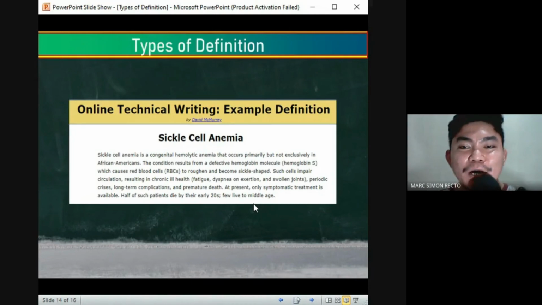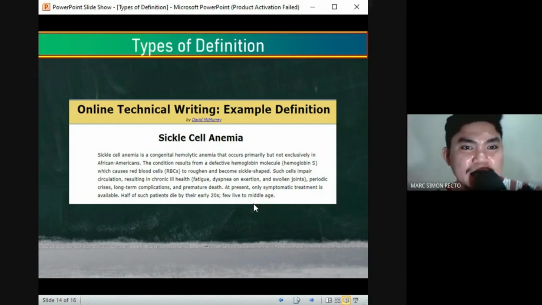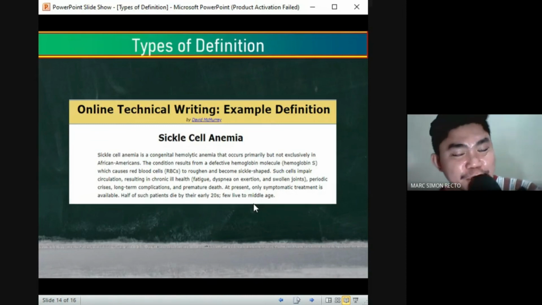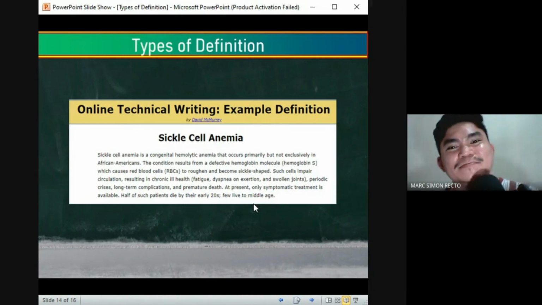So that is an example of an extended definition. As I told you earlier, this one is really for technical terms, and usually this is used in the medical field because technical terms there are very much needed to be defined for the patients and for the common people to understand the terms. It is also helpful for jargon in different fields when you know how to do it using the extended definition, most especially if the one you are explaining this particular concept to is really an alien or a foreign body to that particular concept. Okay,